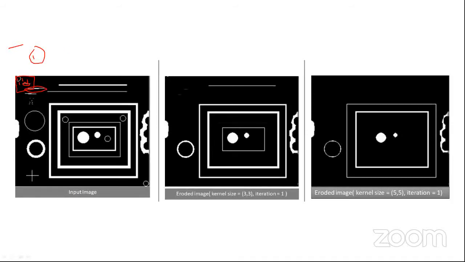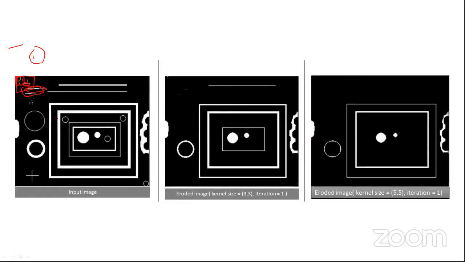So here, if you apply a filter, you can see there's a lot of black and a white thing is also there. So it basically erodes this thing. So here you can see this is how we get these small white noises denoised in this image. If we increase the kernel size and increase the iterations, we will get a better image.